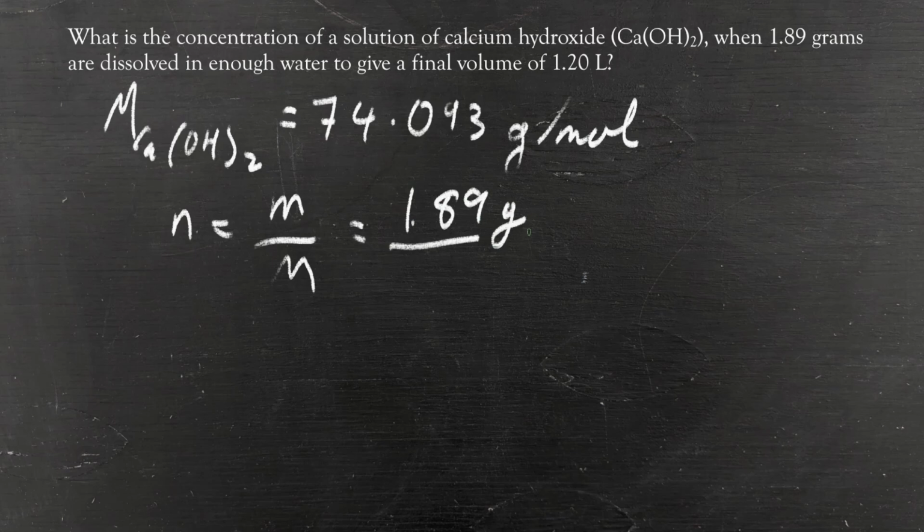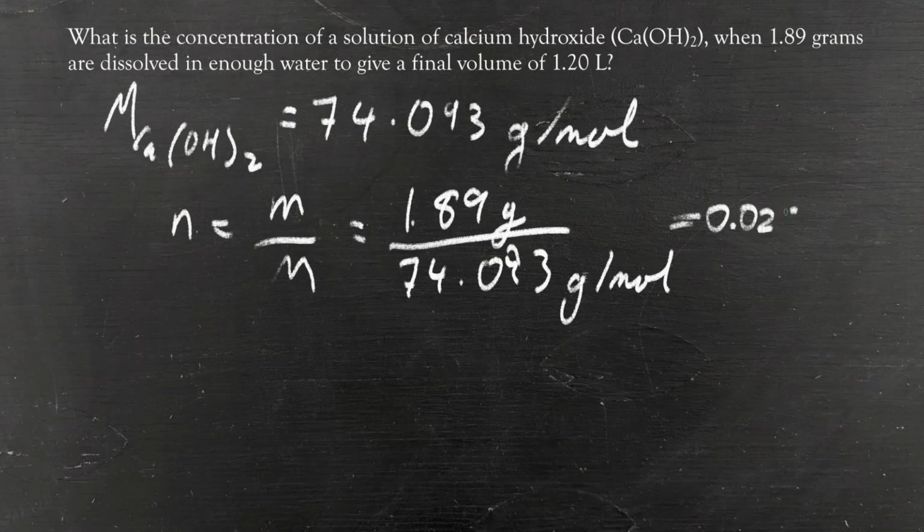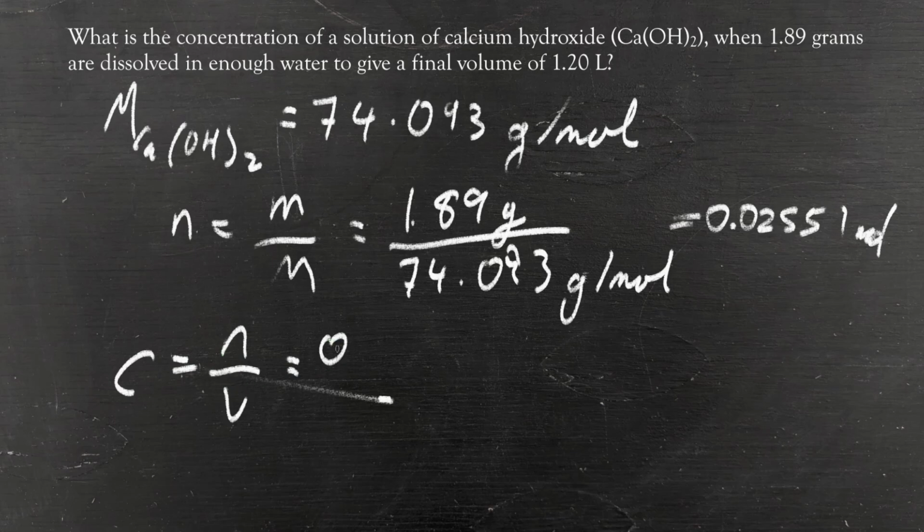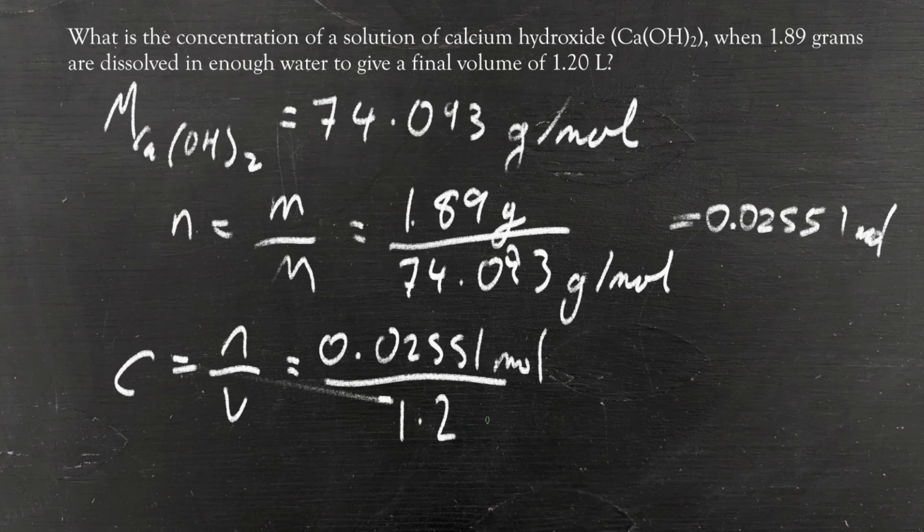So 1.89 grams divided by 74.093 grams per mole, which equals 0.02551 moles. Now we know how many moles of material we have, we can find the concentration, because the concentration is equal to the moles divided by the volume, so 0.02551 moles divided by 1.20 liters gives a final concentration of